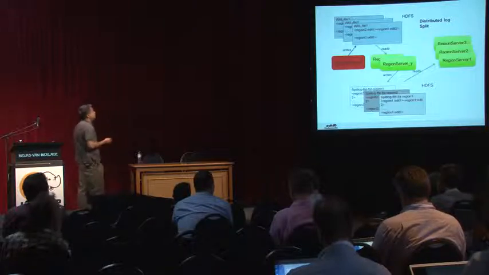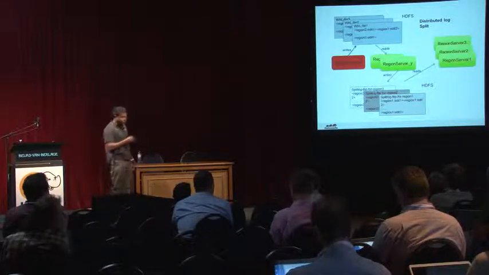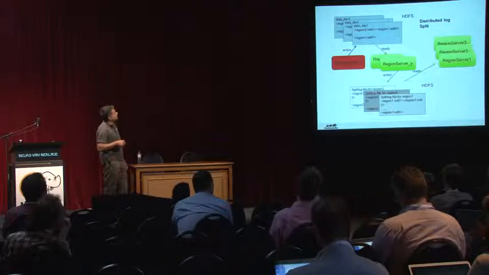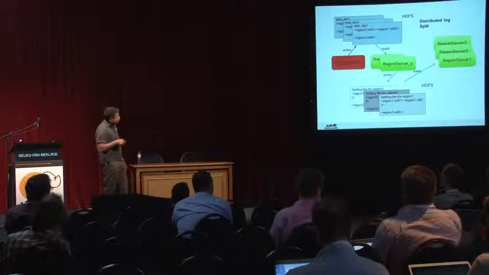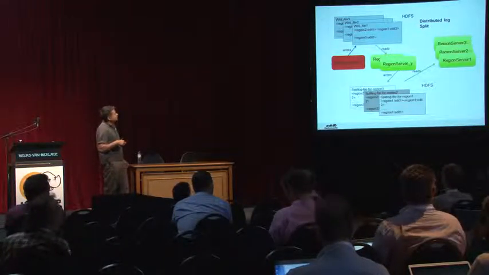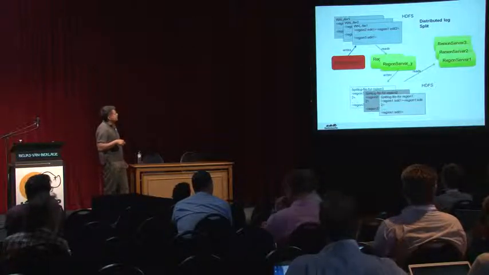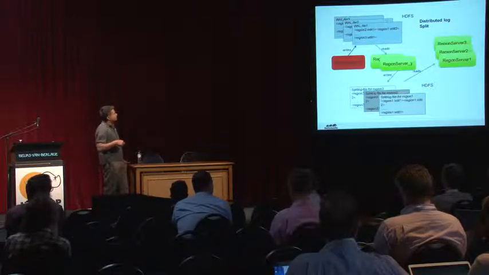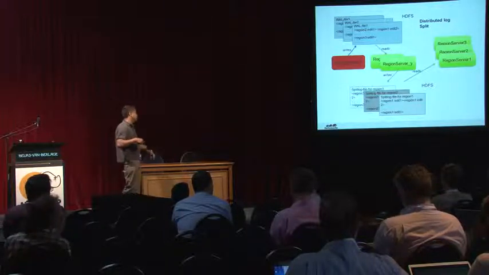So this gives a pictorial view of the flow. This is the guy that went down. He had written a bunch of WAL files, and so the master creates the WAL splitting tasks that actually read those WAL files, and they are run in the context of the region server. Okay, so the region server reads those files, and then they create files for each region. They split the WAL and create files that correspond to every region, okay? So these files are by region numbers or region names, kind of a thing. Okay,